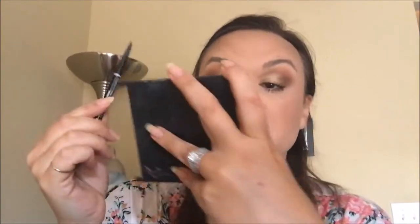Eyelashes are done. Next, I'm going to do my eyebrows, and I'm going to be using the NYX Micro brow pencil, which is my absolute favorite. I've used other brow pencils, and I'm sorry, but this one is the moneymaker. If you don't like to fill in your eyebrows, don't fill in your eyebrows. I didn't even pluck my eyebrows until I got out of high school, which may or may not have been the best life decision for me, because I did get made fun of a lot,